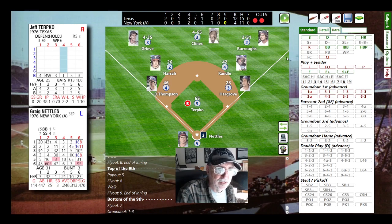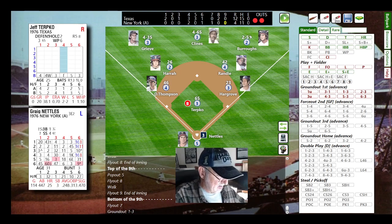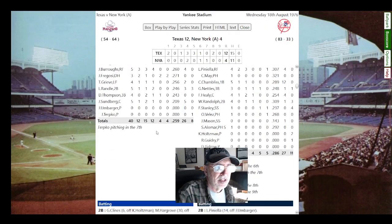2 outs, bottom of the 9th, and here comes Graig Nettles. Nettles today, 1 for 3 with an RBI. Nettles is batting .248. Let's see if he gets a hit here. Here's the pitch from Tidrow, and that's strike three. That's going to strike him out. Ball game over. And we're just going to check the box score before we shut down,